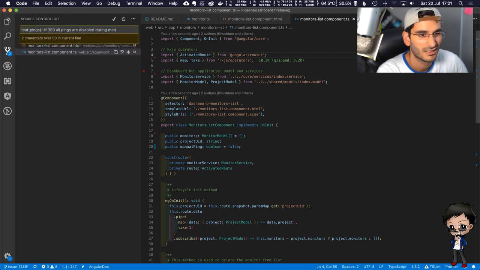Or it's too long now. So all pings are disabled when running, that won't fit either. When running, 4 characters over. When active, 3 characters over. That's not working very well. All pings are disabled. That's fine. We all know what that means. Right. So if I commit that,